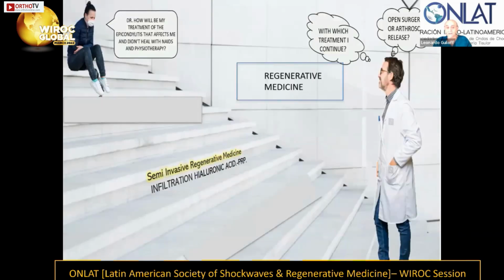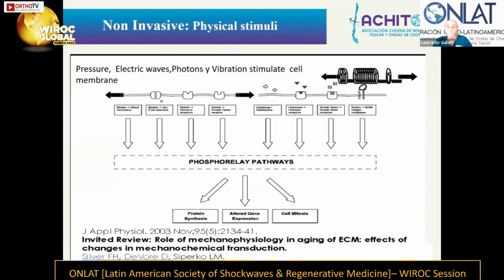semi-invasive regenerative medicine with infiltration, like PRP or another, that you can use also. There are papers that demonstrate good results. And the last step can be the invasive regenerative medicine, in some cases, not in this tendinopathy of the elbow, but in others, you can use scaffolds or mesenchymal stem cells. So what I think is that we have to go to the first step that I told you, because there are